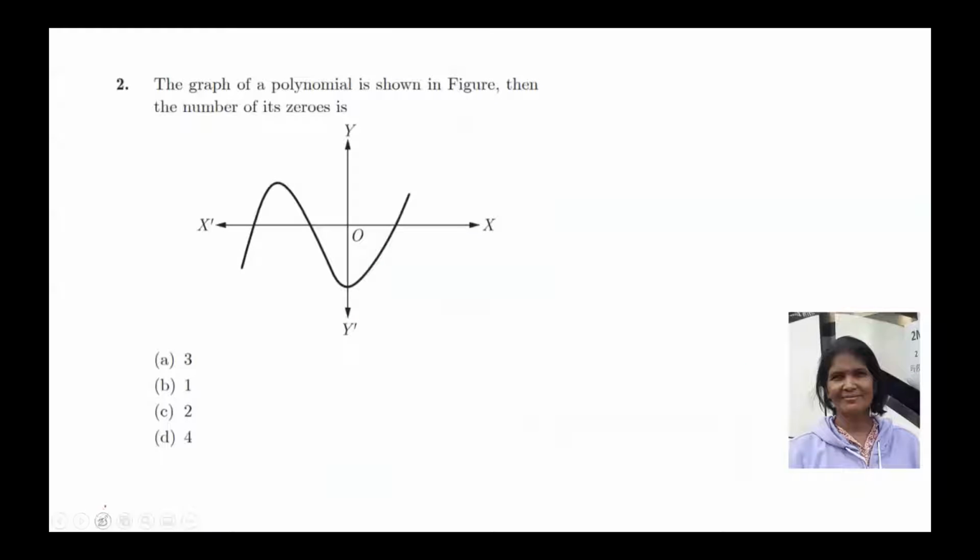Next question. Question number 2. The graph of the polynomial is shown in the figure. Then the number of zeros, how many zeros will it have? So we know that the number of times